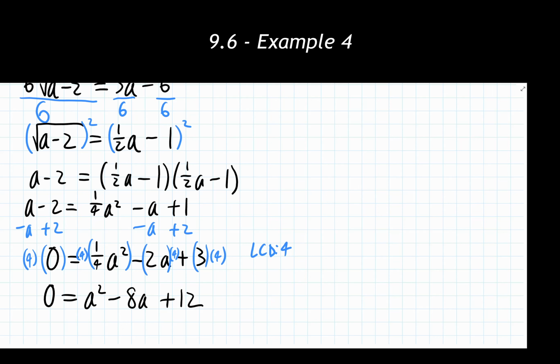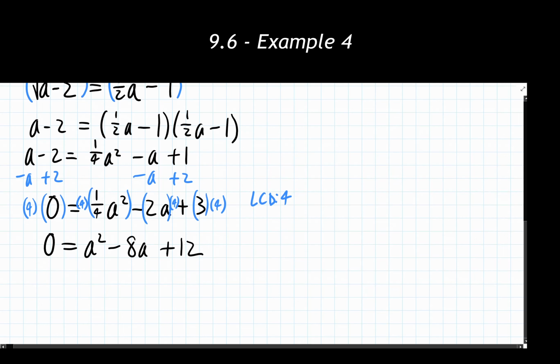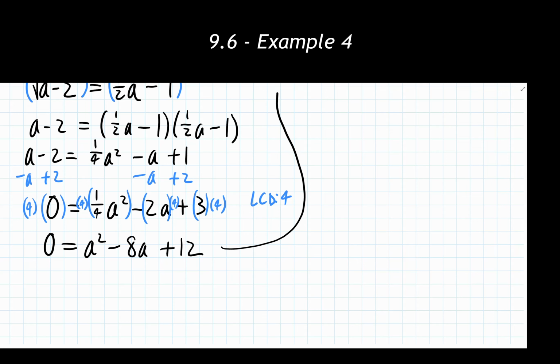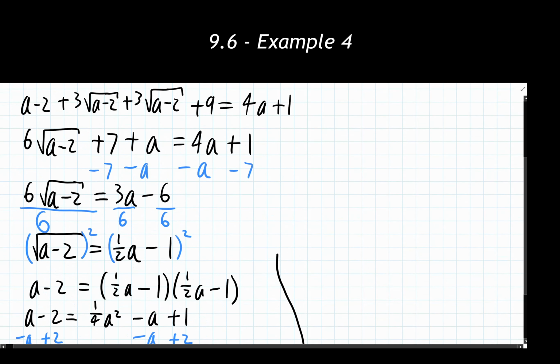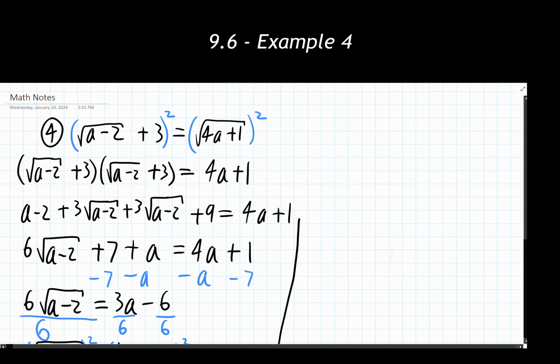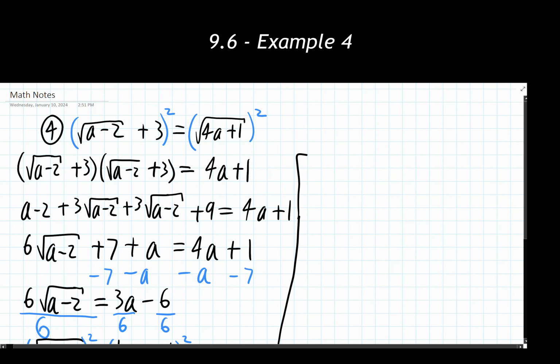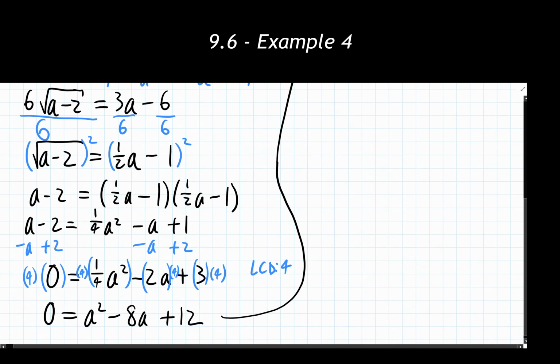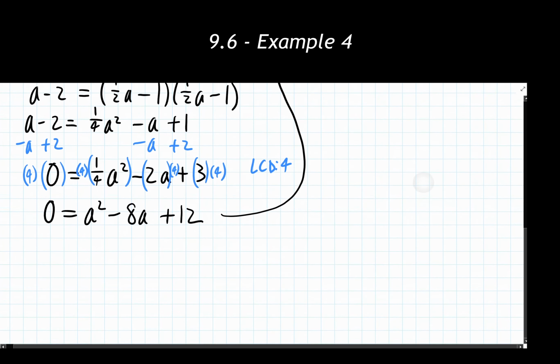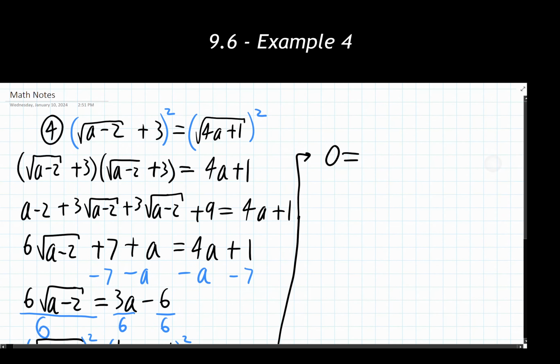And from here, this is a lot more straightforward on how I can go through and factor and cancel this thing. I'm going to move us up, because I'm way beyond my original starting space here. And we'll go right here. So I have 0 equals, and when I factor that thing, I'm just going to rewrite it here first.